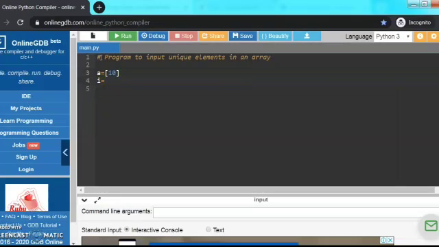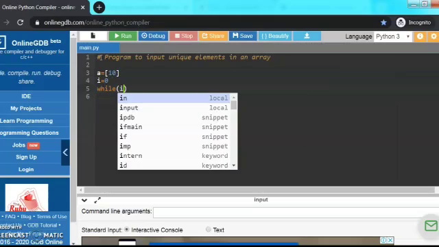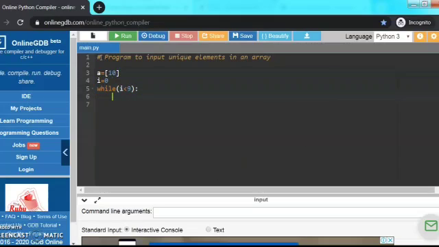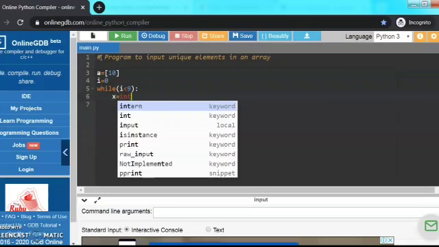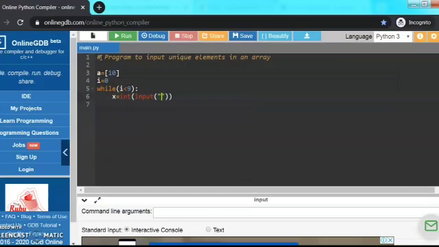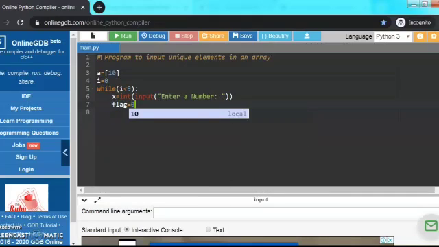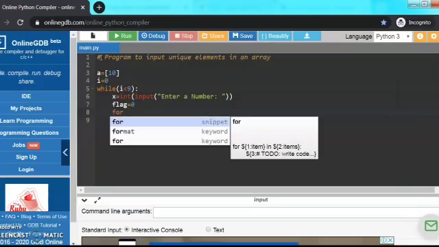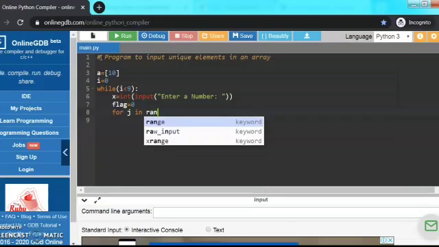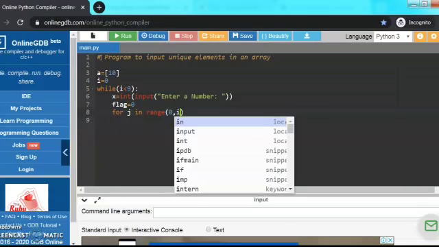Now i is equal to 0, another variable. Now a while loop: while i is less than 9, colon, x is equal to, writing the input statement, int bracket input, enter a number. Another variable, flag, which will be equal to 0, using the for loop, for j in range bracket 0, i